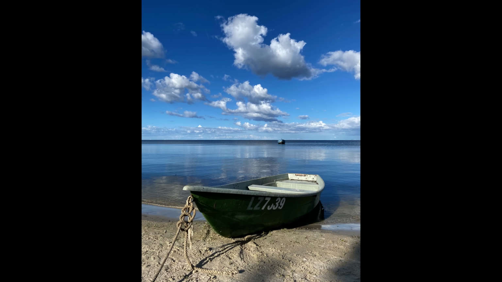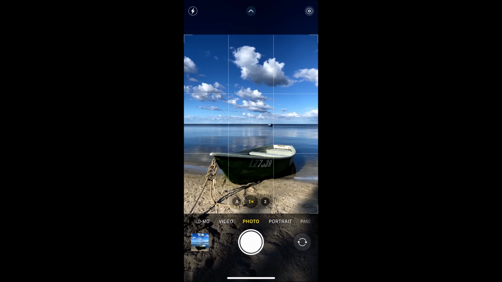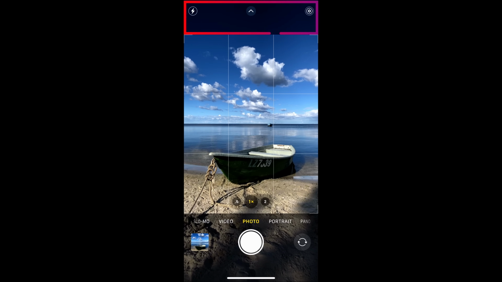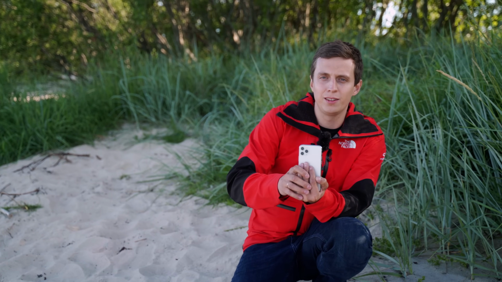And while we're here, there's another thing I want to show you. If you look carefully at the top and at the bottom of the screen, you will see that I'm kind of seeing a preview of what's outside the frame. At the bottom of the screen, even outside the viewfinder, I can still see some sand, and at the top of the screen, outside the viewfinder, I can still see some sky and some clouds. This is a relatively new feature that Apple recently introduced, and I think Apple was really excited about it,